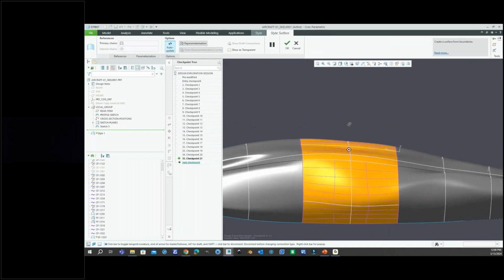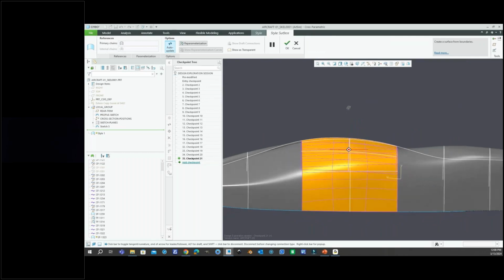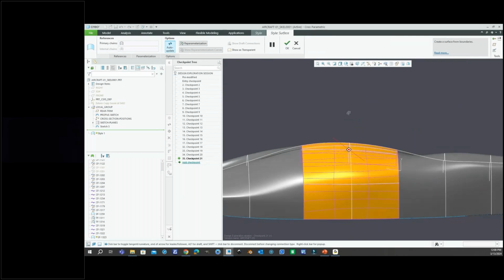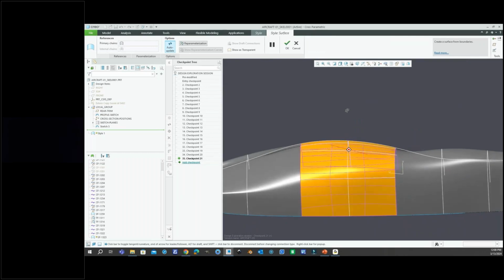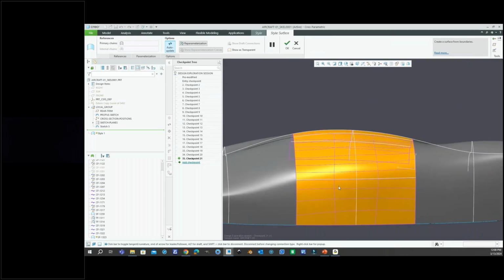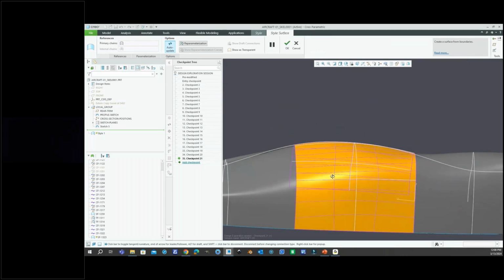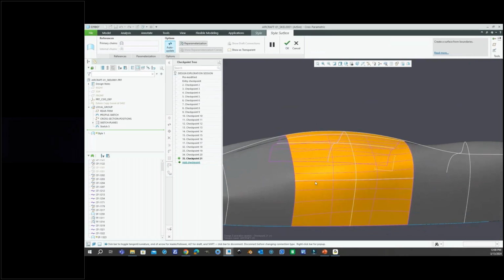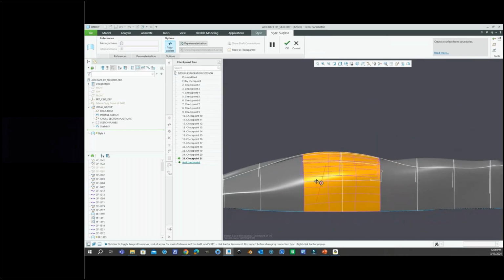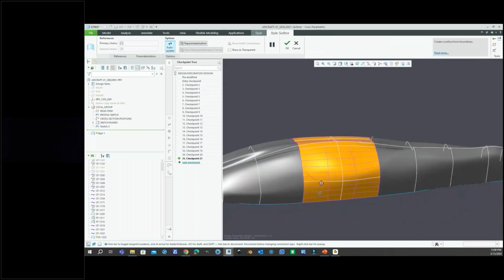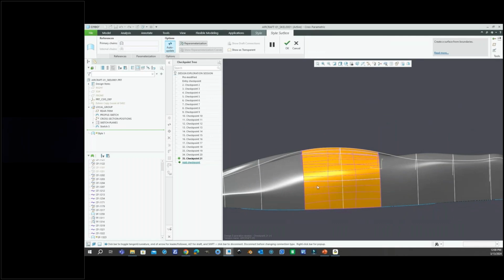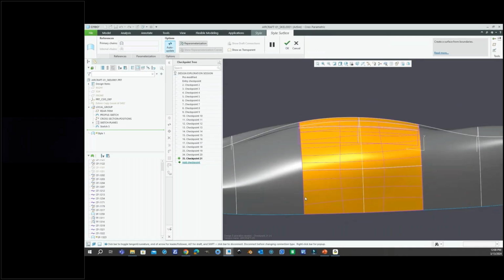Then we get down here. Now down here is where I see some problems. So that's due in part to the curve that I created here in white. So I can adjust that to kind of fix it and resolve some problems. We can also use these reparameterization curves to fix some of that. So if I right click down here and say add reparam curve,